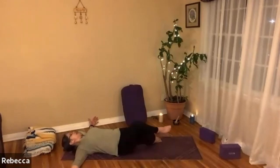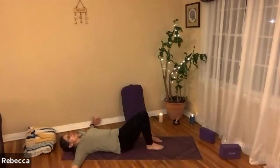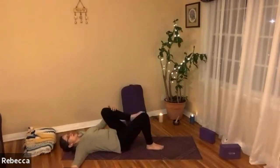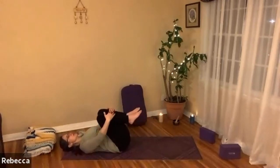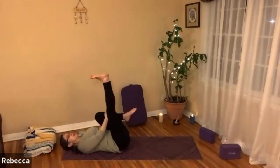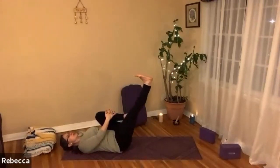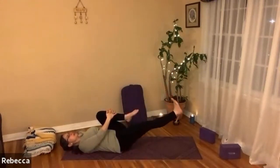And then inhale the knees back up, unwind the legs, and then bring the knees back into the chest one at a time. This time, hugging the left knee into the chest, inhaling as we extend that right leg up towards the ceiling, and then exhaling, slowly lowering the right leg all the way to the mat,